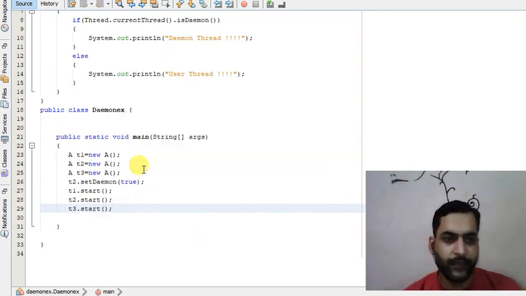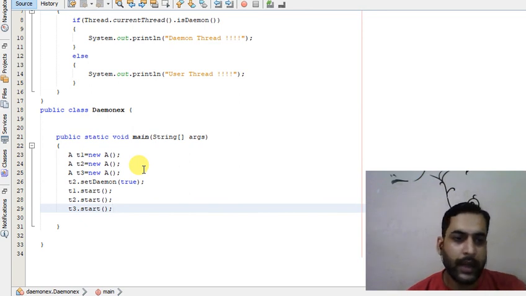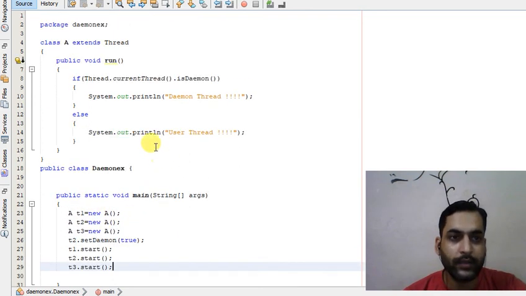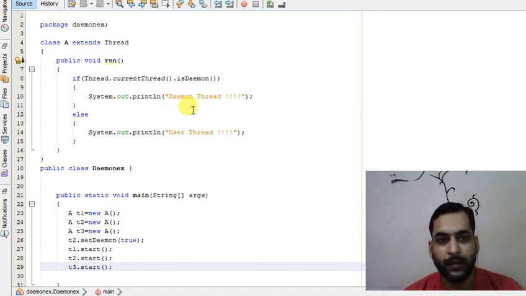So we have created three threads and set one of the threads into daemon thread. Now all the three threads will try to access the run method concurrently, and we will have three messages printed: user thread, daemon thread, and user thread in some order.